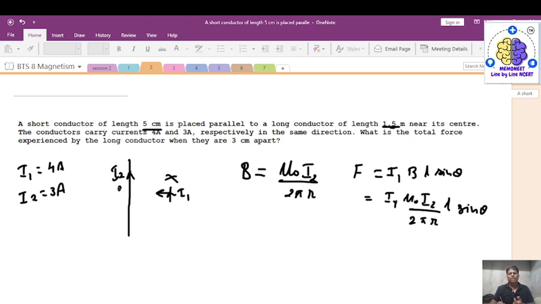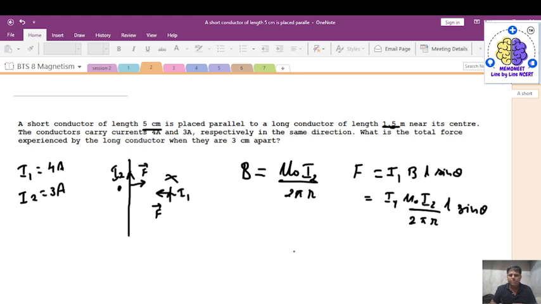So using Fleming's left hand rule, the magnetic field is in the outward direction. The current is flowing upward, so the force will be towards the right direction. So it will experience the force in this direction, right? Both the forces are the same magnitude, but they have different directions. So from here we can say